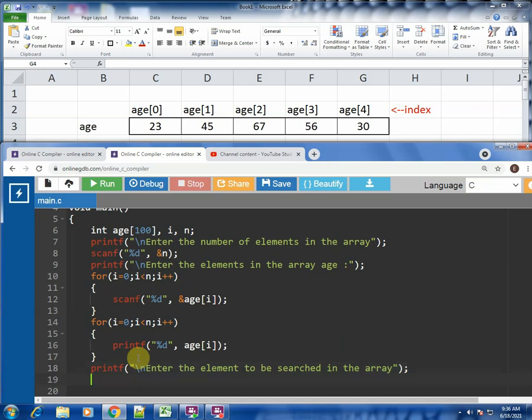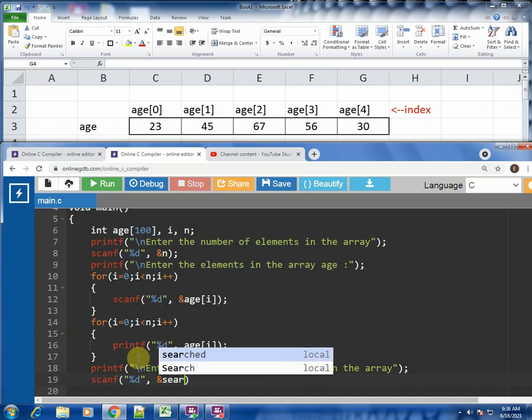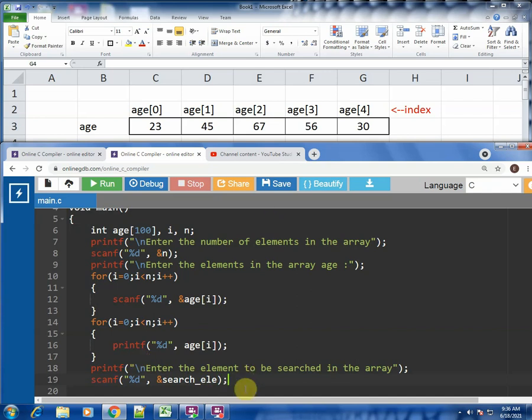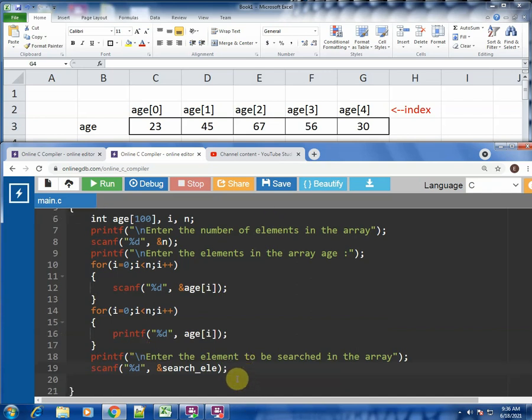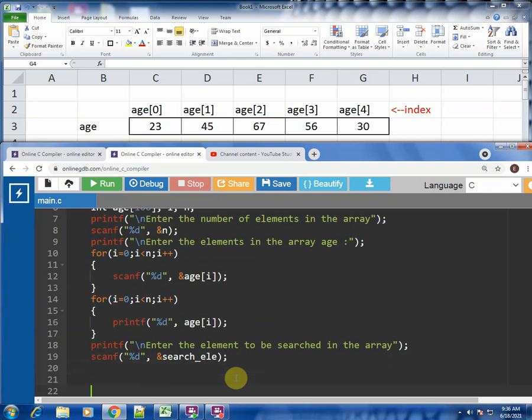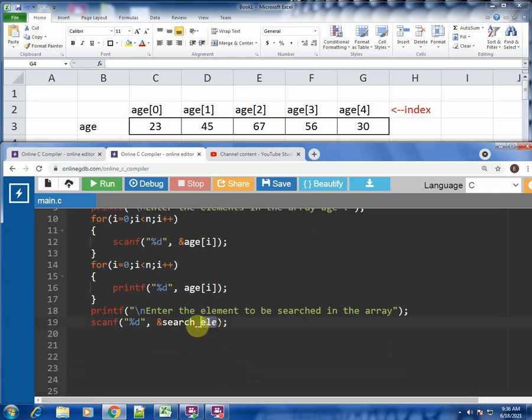Okay, and let us store this value which the user enters in a variable. The type of this is also integer, hence %d. So let's name it as something like search element. So I'll write short form search underscore ele. I have mentioned in the past that you all can write variable names in this manner where you write underscore.